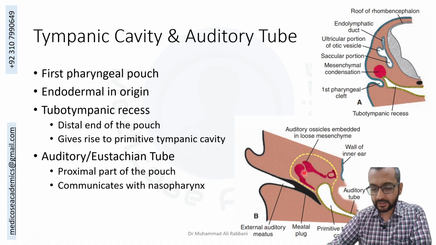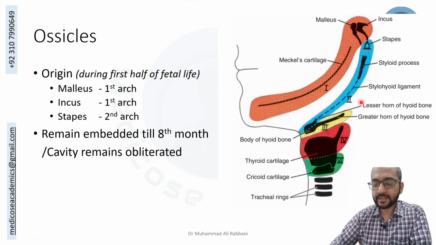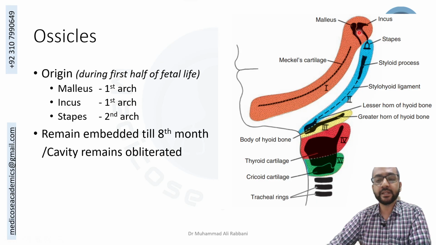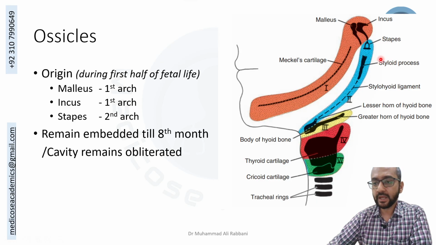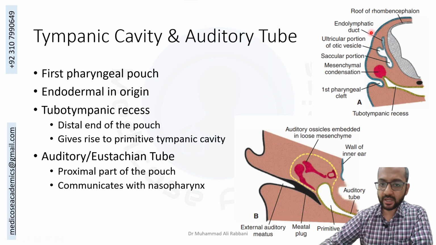So these bones are developed from the pharyngeal arches. There are three bones: malleus, incus, and stapes. The malleus and incus are developed from the first pharyngeal arch, so they will be neural crest in origin. And the stapes develops from the second pharyngeal arch, and they remain embedded in this mesenchyme as shown here